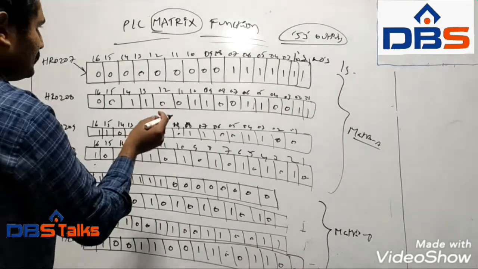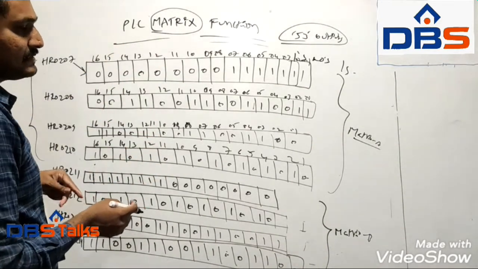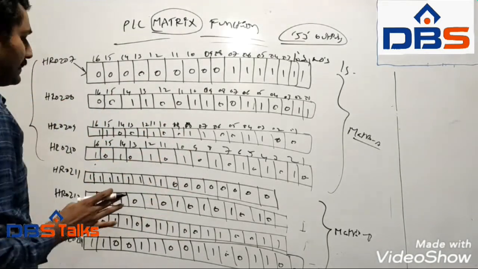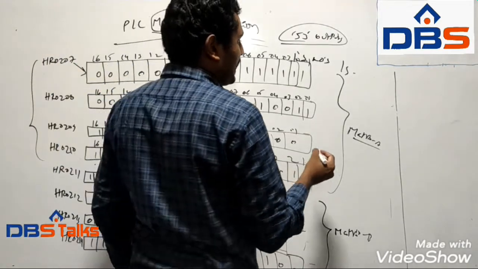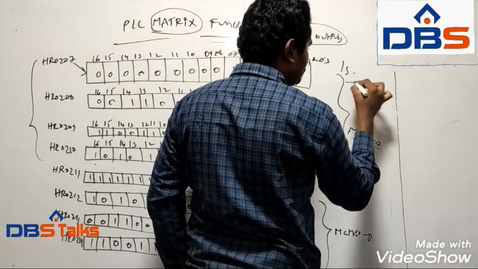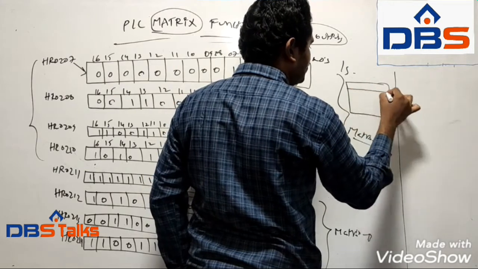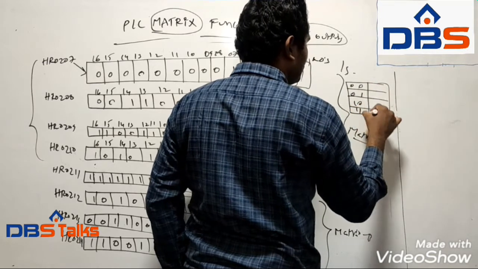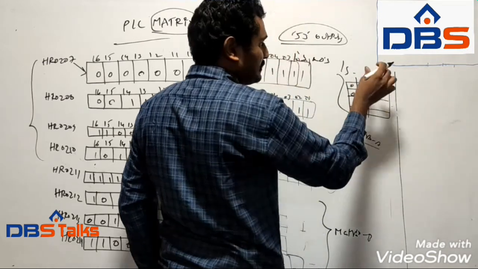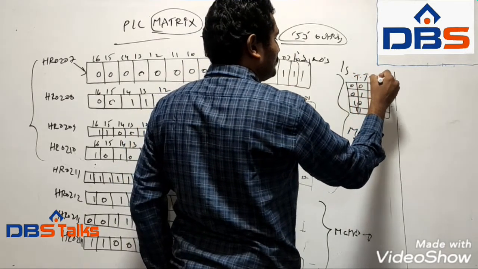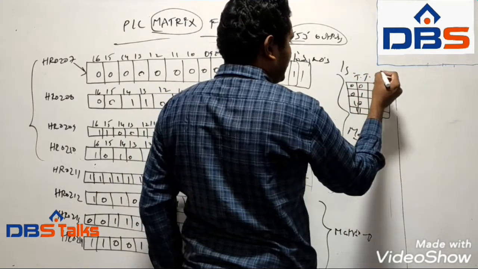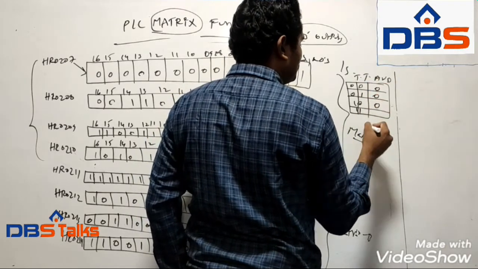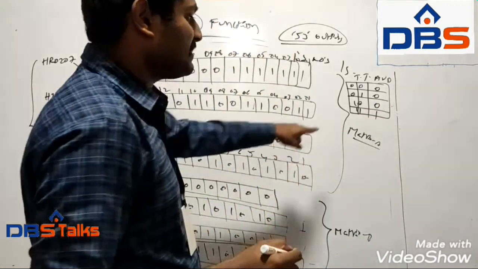If you want to solve these matrices by using the AND function, we have to know the truth table of the AND gate. I am taking the truth table of the AND gate. Here I am taking 2 inputs: 0 0, 0 1, 1 0 and 1 1. So the truth table of the AND gate is, we multiply these two: 0 into 0 is 0, 0 into 1 is 0, 1 into 0 is 0, 1 into 1 is 1.